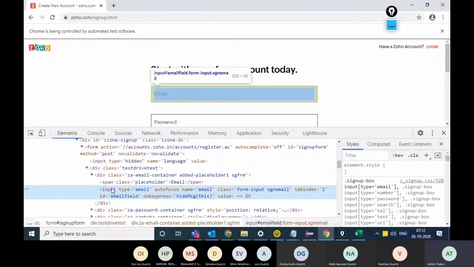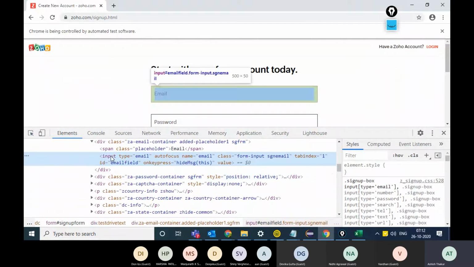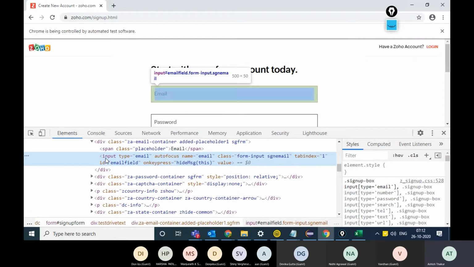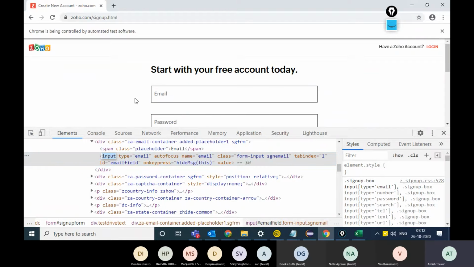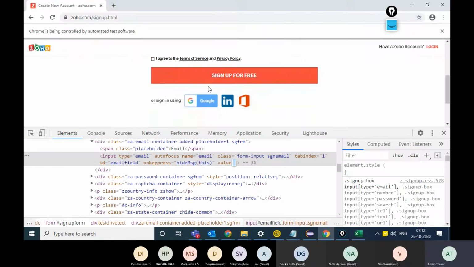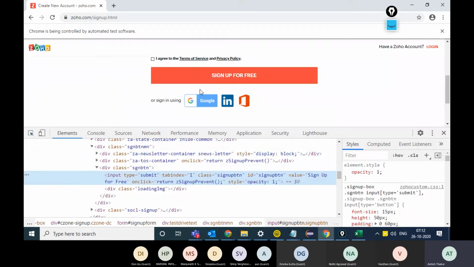Any text box you take on any web page, the tag name would always be input. In case of a button, for example, this is a sign up for free button, the tag name is always input.